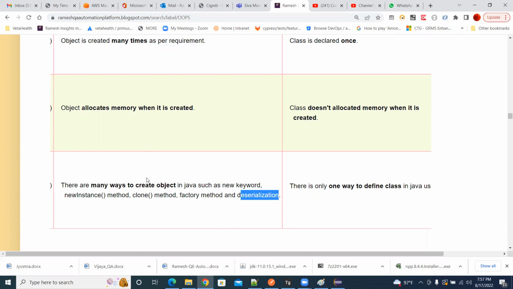There are other ways you can create an object also. What are the other ways? That's an interview question. You have to give: new instance method, clone method, factory method, deserialization. These are the other ways, other than the new keyword, that you can create an object. There is only one way to create a class, using the class keyword. So that's all about